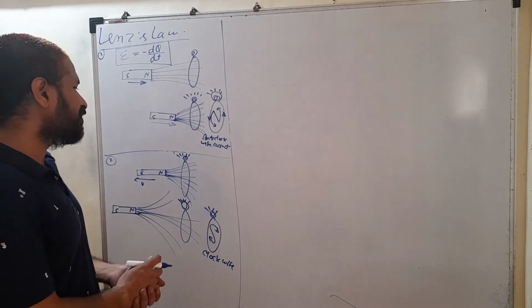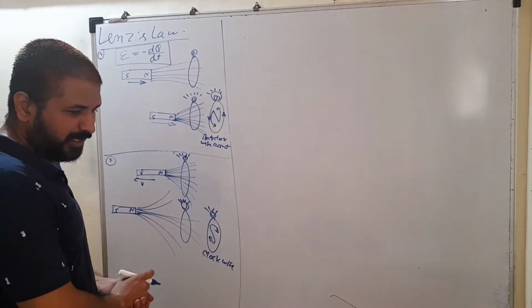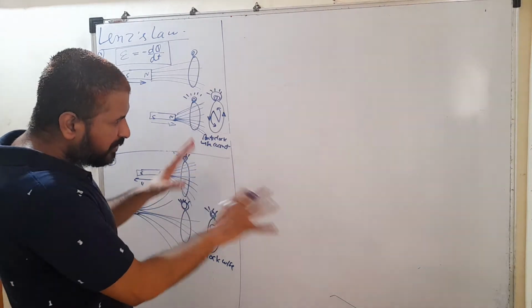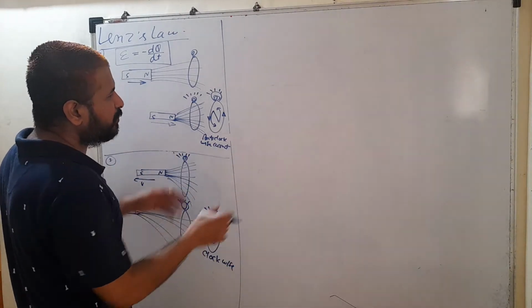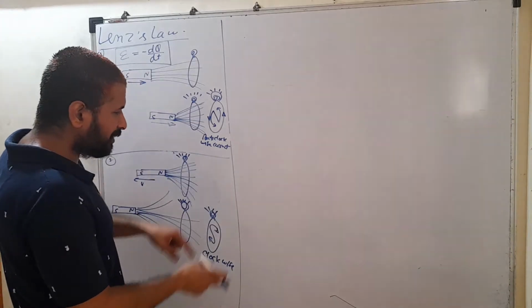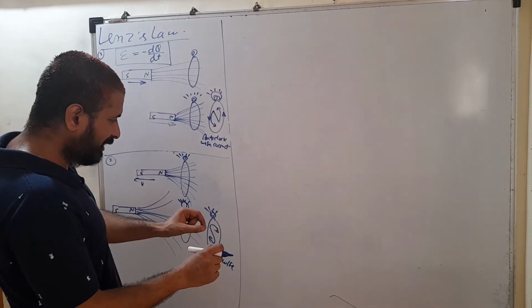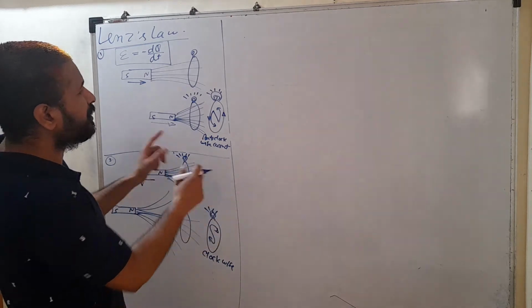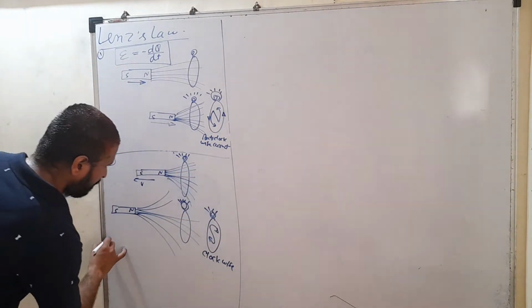If this magnet is stationary, no EMF is induced, तो कोई problem ही नहीं है. So if you are not trying to change the flux, no current is developed, because उसको oppose करने की जरूरत ही नहीं है. We are not changing the flux. But if you are trying to change the flux, current is induced, and that current is induced in such a direction which opposes its change in flux.